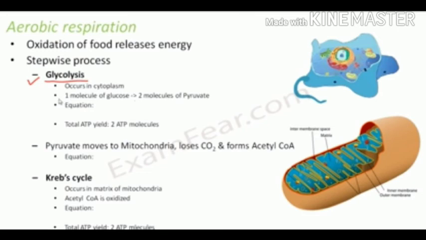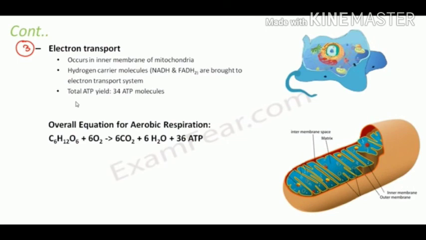So now the third step is electron transport. It occurs in inner membrane of mitochondria, and there hydrogen carrier molecules NADH and FADH2 are brought to electron transport system. These hydrogen carrier molecules have high energy hydrogen atoms and are brought into the electron transport system. The total adenosine triphosphate yields there 38 ATP molecules, and the overall equation for aerobic respiration is